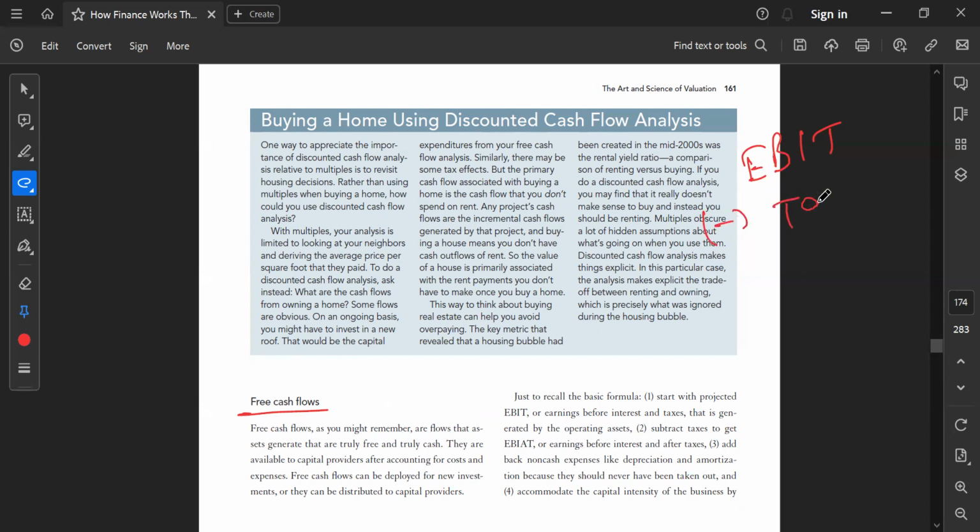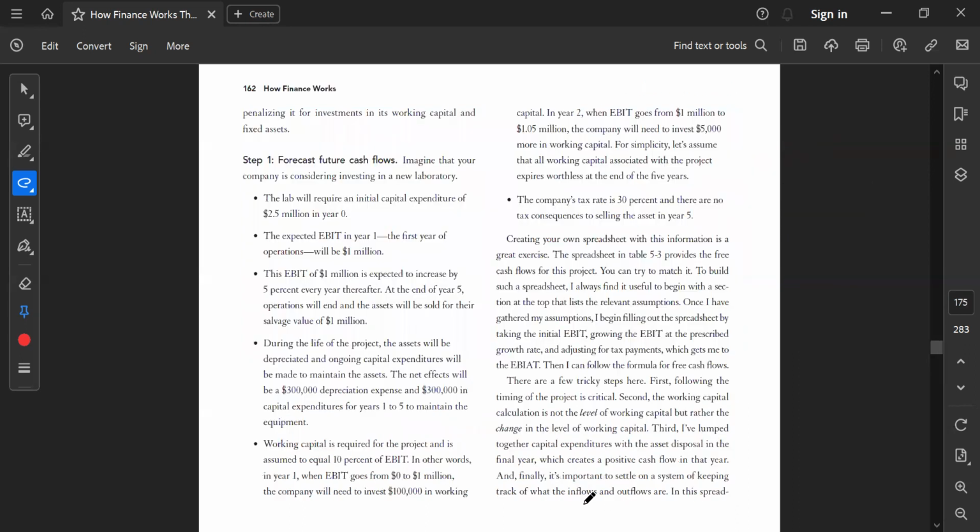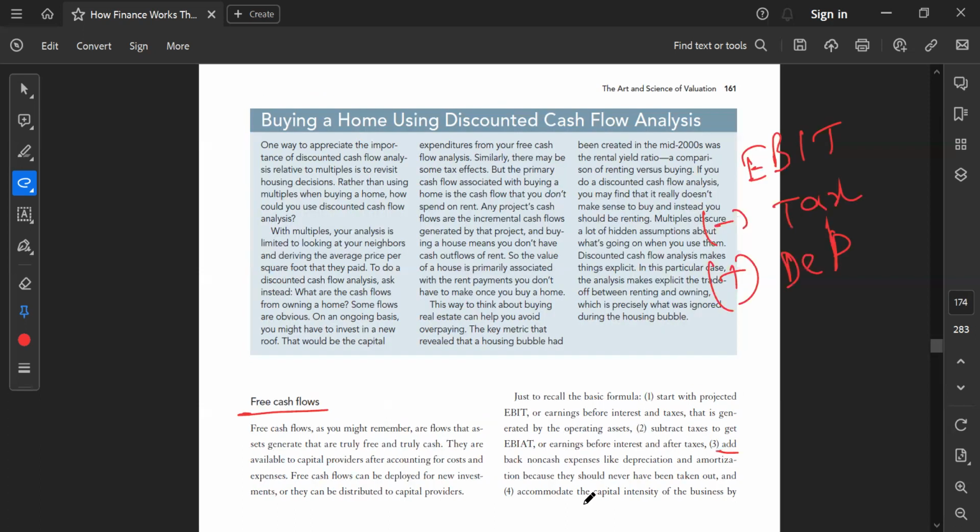टैक्स को यहाँ से सब्ट्रैक्ट कर दो, क्योंकि वो अल्टीमेटली पे करना ही पड़ेगा। उसके बाद ऐड नॉन कैश एक्सपेंसेस लाइक डेप्रिसिएशन एंड अमोर्टाइजेशन, उसके साथ डेप्रिसिएशन को ऐड करो, because they should have never been taken out, and accommodate the capital intensity of the business by penalizing it for investment in the working capital and fixed asset. Okay, इसके साथ वर्किंग कैपिटल को सब्ट्रैक्ट कर दो, फिर आपका ये आएगा फ्री कैश फ्लो।